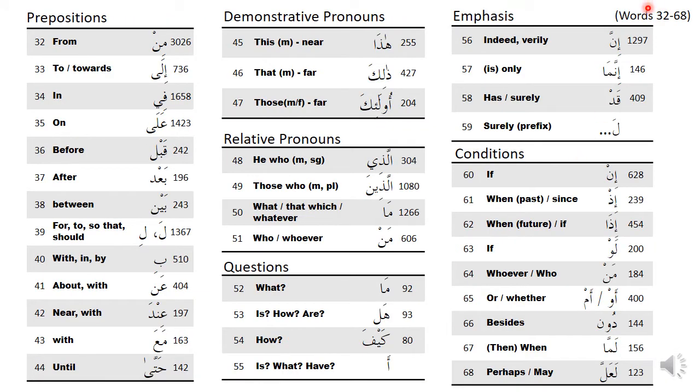The next 30 or so words are sort of joining words. These appear thousands of times combined. There are demonstrative pronouns, so this, that, those. There are others, but again, these are the main ones. There's relative pronouns. They appear this much. There's lots of ways of asking questions in Arabic. There's probably 20 or 30 ways. These are the main ways of asking, the ways that appear in the Quran. Lots of ways of emphasizing things in Arabic, and these are the main ways. And there's lots of conditional type statements, if, or, except, those sort of things. These are all the main ones here.